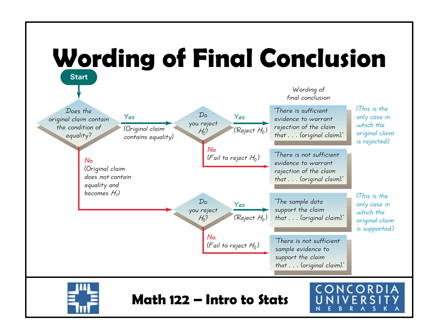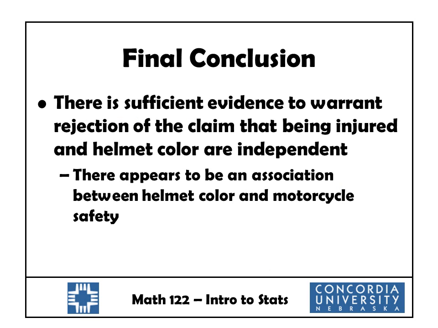Do you reject it? Yes, we do. So there is sufficient evidence to warrant rejection of the claim that being injured and helmet color are independent. Okay. So we're rejecting the claim of independence. That means that they are dependent, which means that there appears to be some sort of an association between helmet